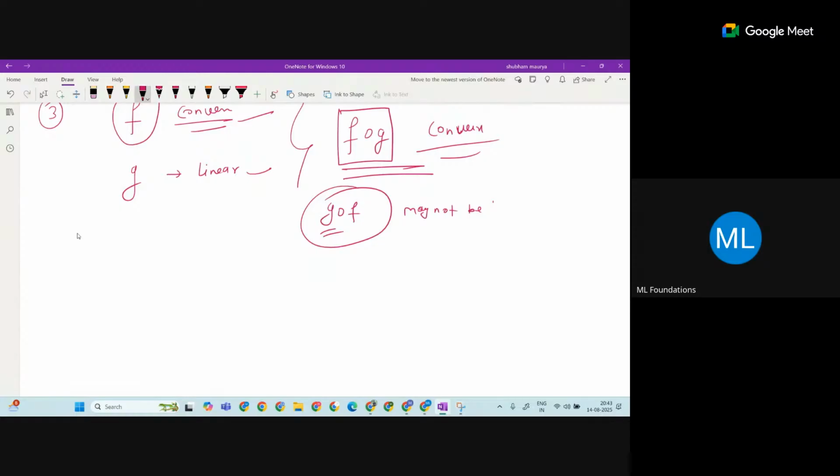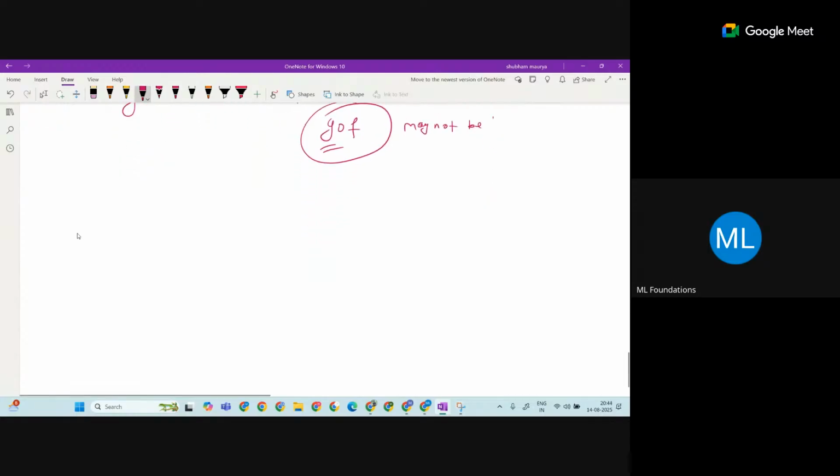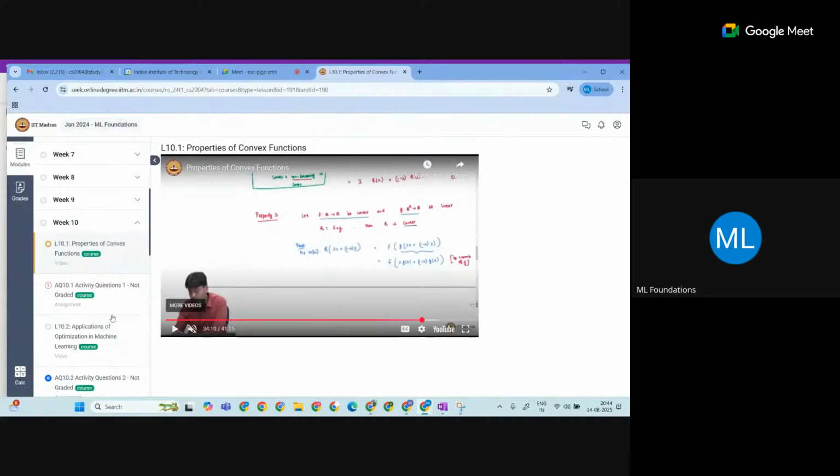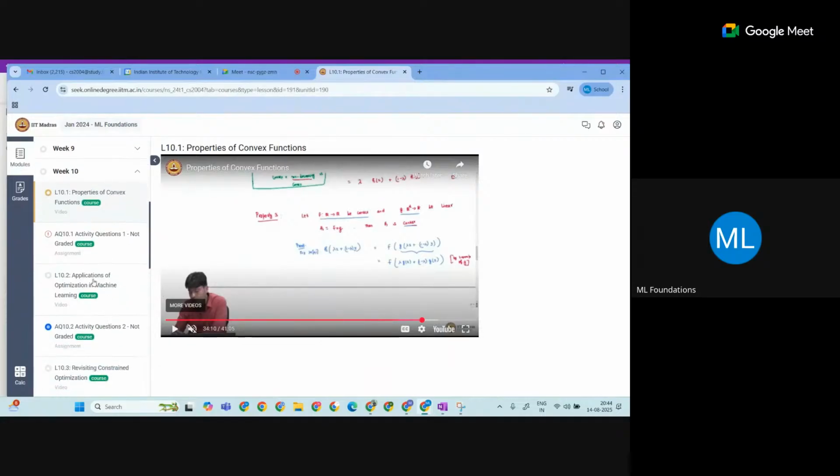The theorem is interesting. The professor is telling the use of the theorem, the application. Whatever we learn now, these properties, you can use in